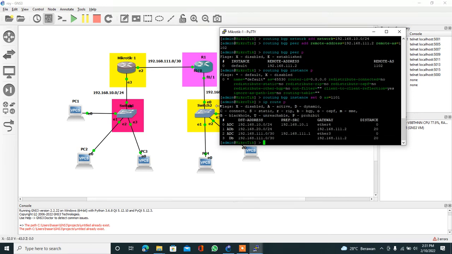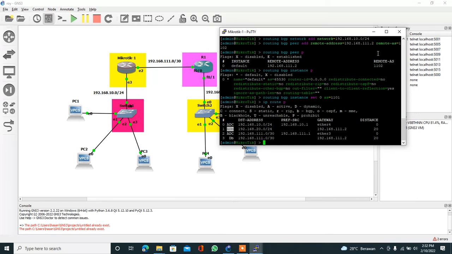You can see there is an ADb symbol, meaning dynamic BGP active. Now it means that the dynamic routing integration configuration on the MikroTik is active.